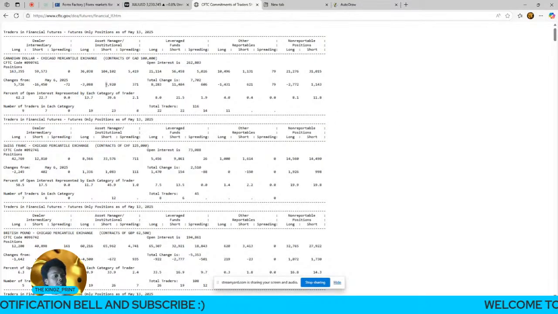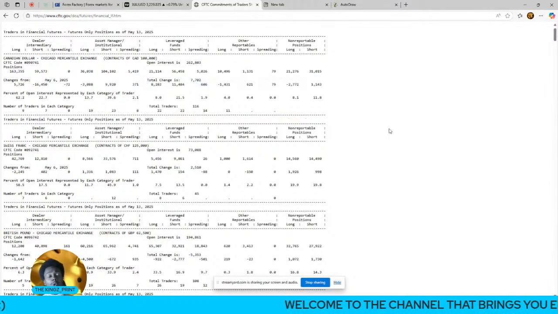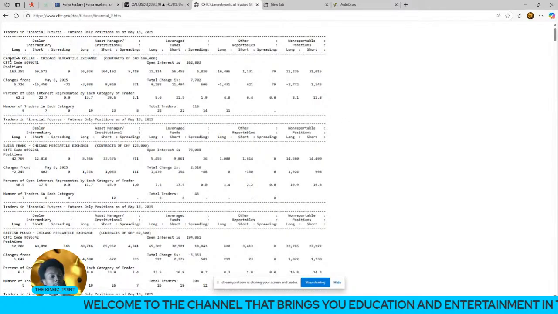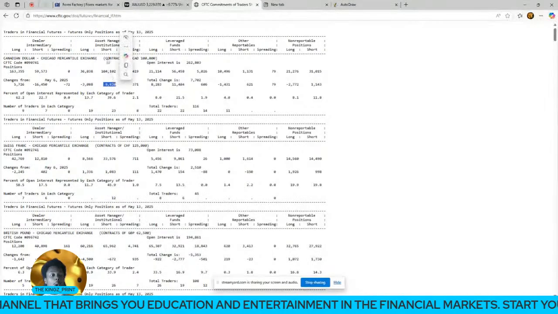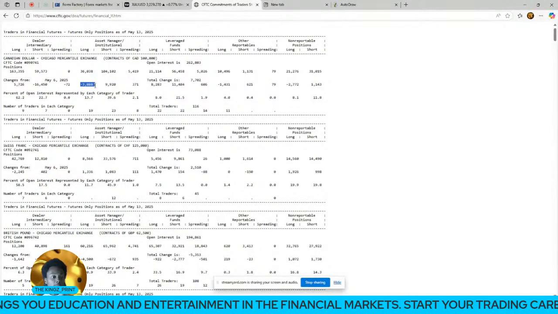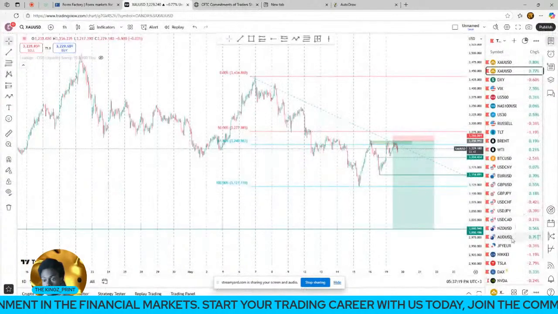Interesting. You can see that we did add almost, I like using the term we because whenever you're trading as a smart trader, you have to see yourself as a smart trader. So we did add 9,000 positions to shorts, while at the same time offloading 3,000 positions from longs. So if we look at an asset of USD Canadian dollar,